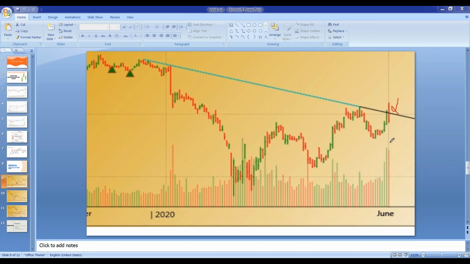Now if you look here, the volume is also high. This is a bar chart I have taken, not a candlestick chart. The volume is high, but this is a sloping trend line. Whenever there is a sloping trend line and the stiffness of the trend line is high, the chances of breakout failure are higher. Now this is not a holy grail, please don't understand that no trend line breakout will work. There are several circumstances in which a trend line breakout can work as well.